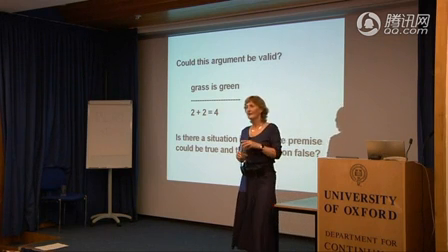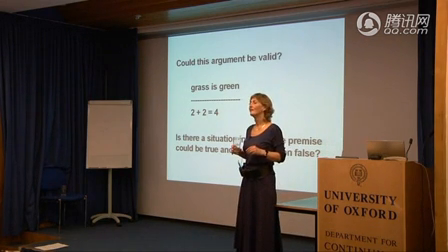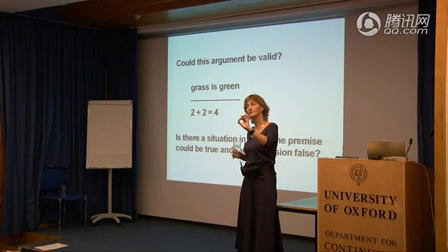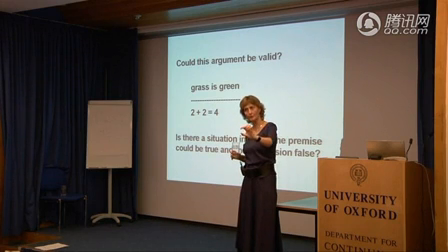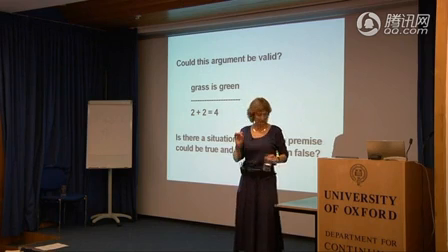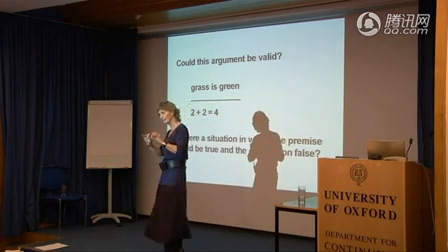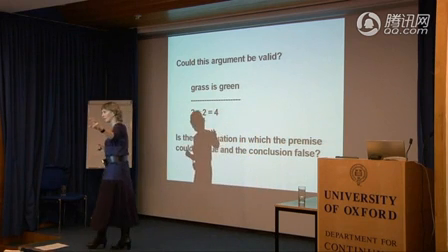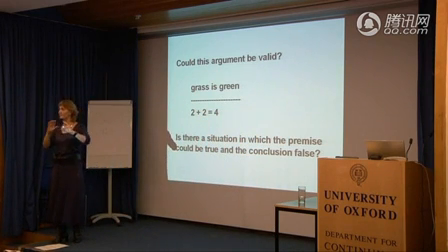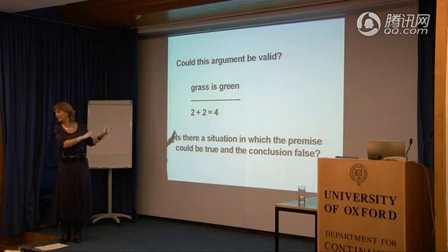So there's no possible situation in which all the premises are true and its conclusion false. And the two things that are important is that we're looking at the combination of true premises and false conclusion, and we're looking at the possibility of, not the actuality of. This is why the definition is important. And as soon as you stop thinking of a valid argument as having true premises and true conclusion, you will see what's going on here. I promise you.